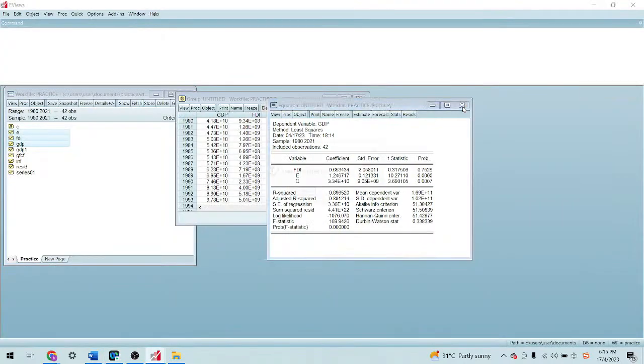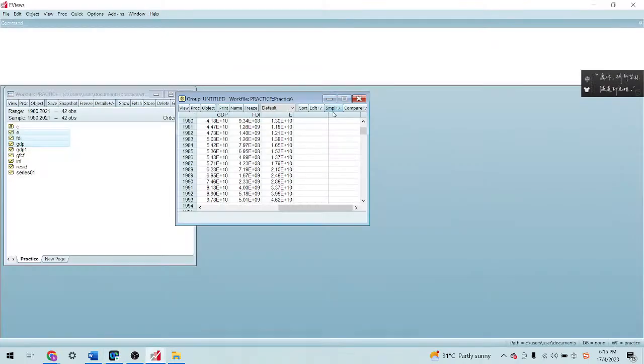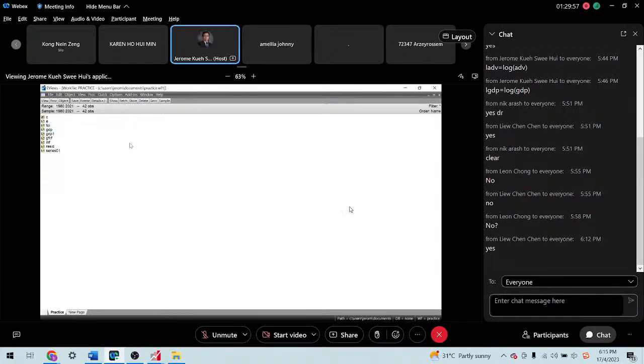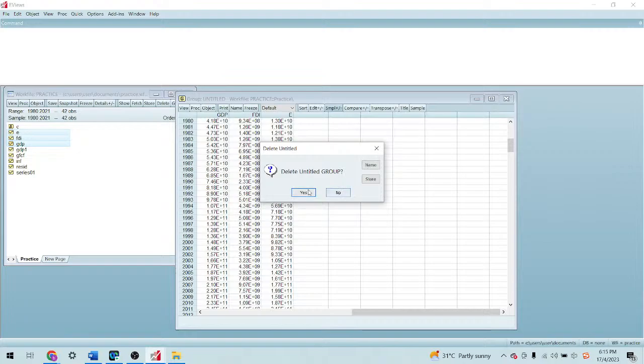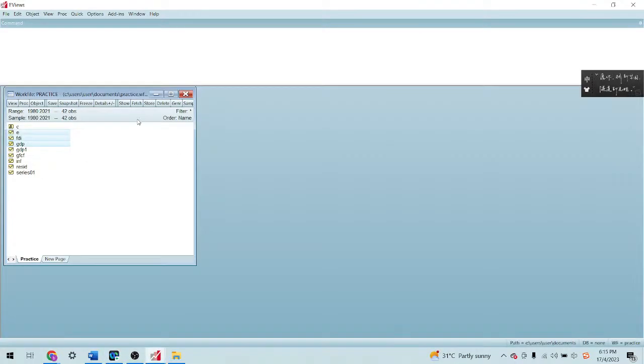Let's try to create the new variables. So let's try to generate.